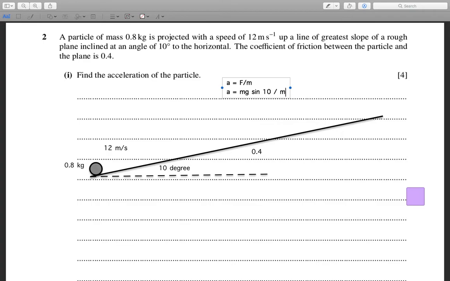So we get A equals g sine 10, or if we calculate this,